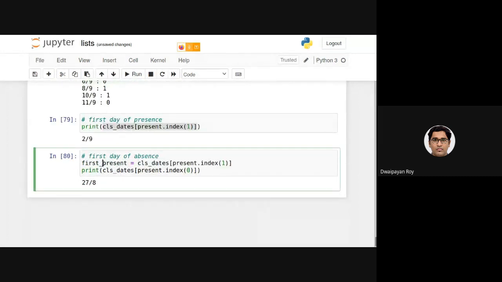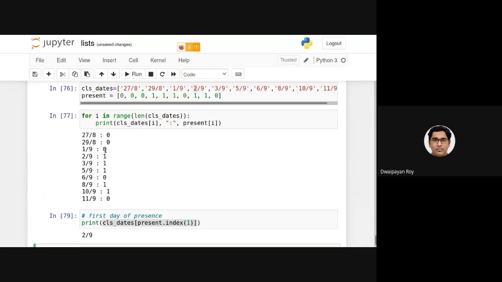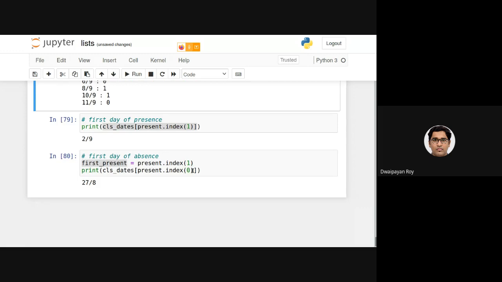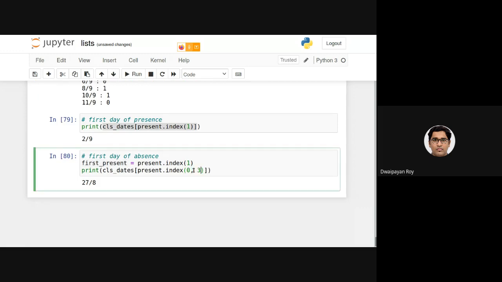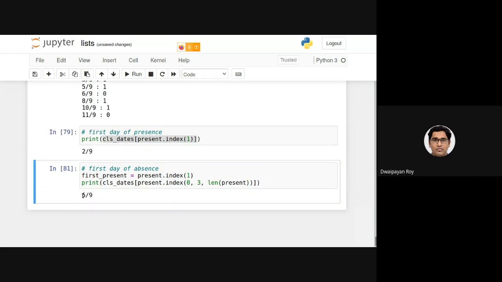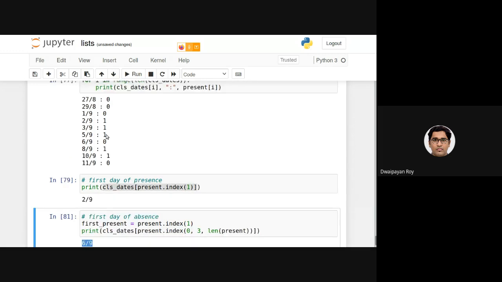The first present contains exactly 3 here. And I need to start searching for this 0 from the 3rd location up to len of present. So on this day, he was absent. The first day he was absent after joining the class is the 6th of September.